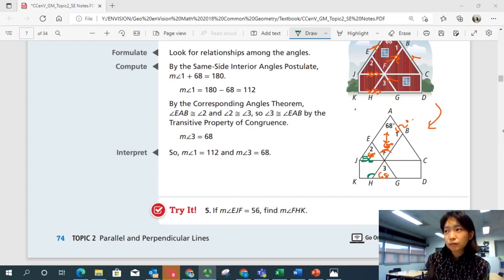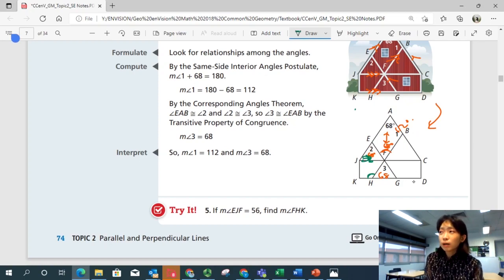Okay, are you ready? Yeah, what are the relationships that you see? If these two are parallel, EJF. So that's talking about this angle, right? Not the whole angle over here. So what could be the parallel lines that we could use? Let's look at JC and KD, right? So they should be parallel, right? They should be parallel. So the transversal here